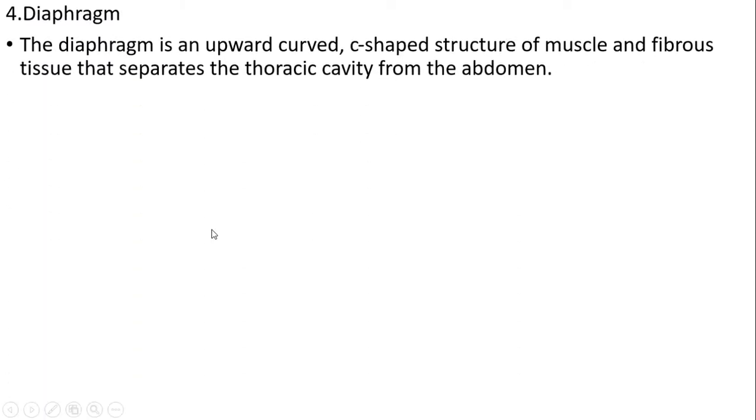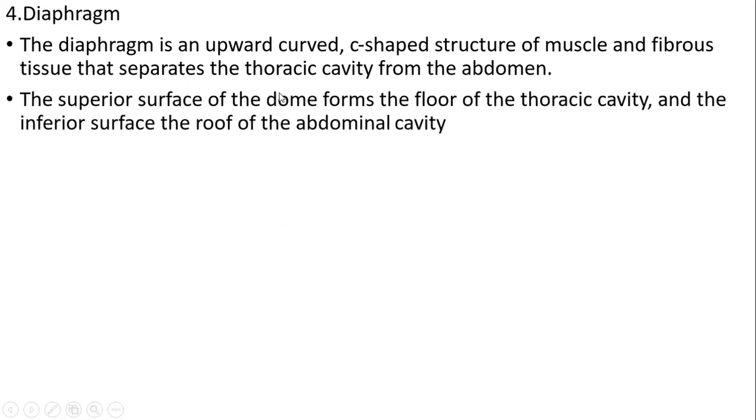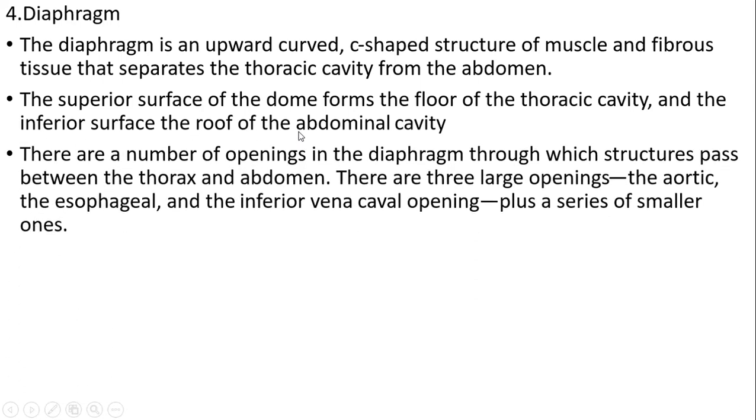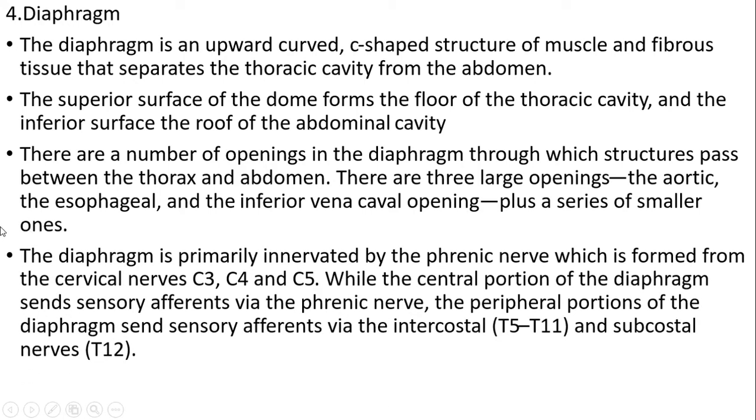Diaphragm. The diaphragm is an upward curved, C-shaped structure of muscle and fibrous tissue that separates the thoracic cavity from the abdomen. The superior surface is a dome-shaped floor of the thoracic cavity and the inferior surface is the roof of the abdominal cavity. There are a number of openings in the diaphragm through which structures pass between the thorax and abdomen. There are three large openings: the aortic, esophageal, and inferior vena cava openings, plus a series of smaller ones. The diaphragm is primarily innervated by the phrenic nerve, which is formed from the cervical nerves C3, C4, and C5, while